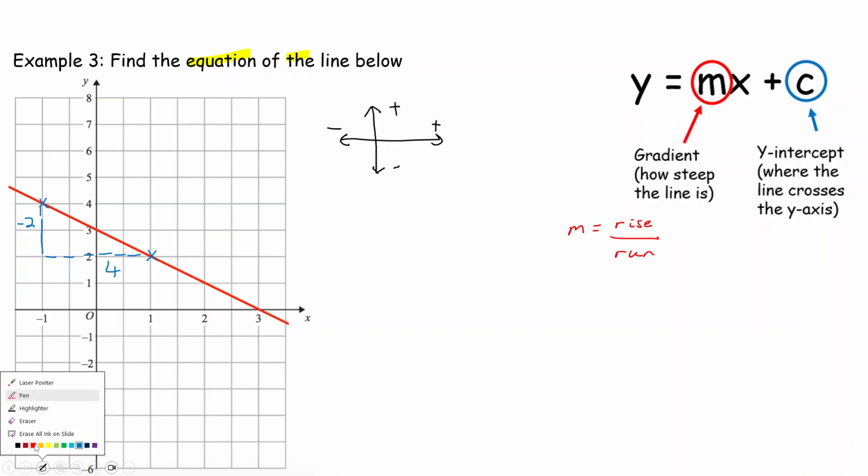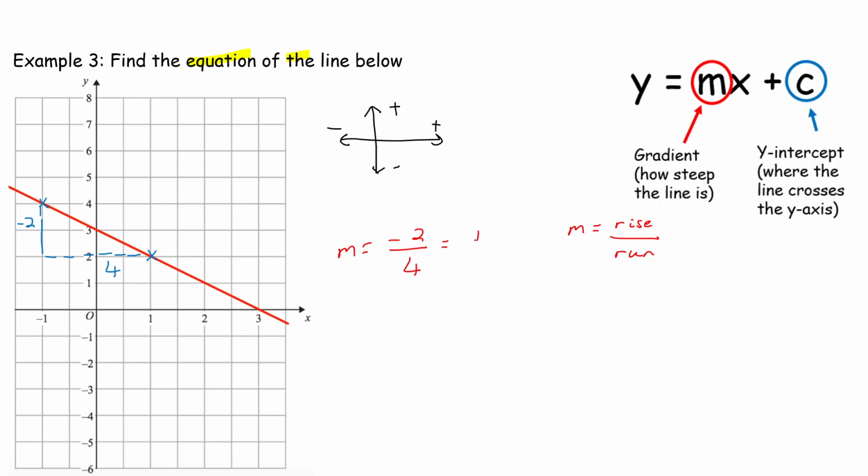Right, so my gradient is going to be equal to m, which is equal to the rise, how up and down it is. Well, it's going, in this case, down by 2, so minus 2, over the run, which is across by 4. So minus 2 divided by 4, well, what's 2 divided by 4 the same thing as? It is the same thing as a half. If I divide top and bottom by 2, but it is minus a half, which you could write as minus 0.5,